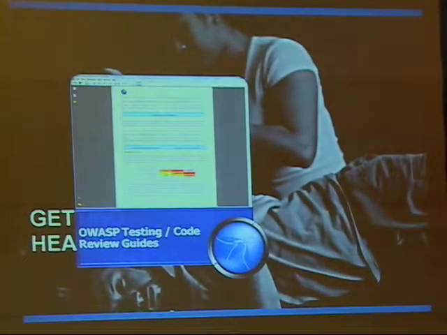Kind of going back to what I just said. OWASP has testing guides. Actually, in January, we released the OWASP version 2.0 testing guide, which I helped co-author. And this is basically a listing of how to test application security in various different components. So, I think it's a very interesting read.